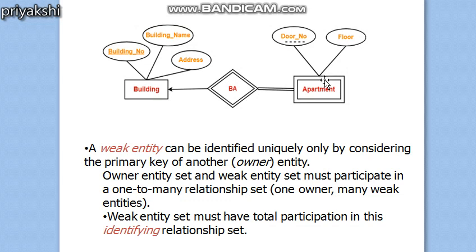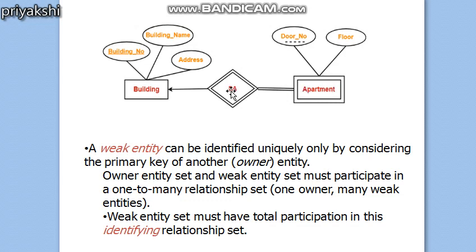The weak entity, apartment, is represented in the form of a double rectangle. So always remember that a strong entity is represented in the form of a single rectangle, and a weak entity is represented in the form of a double rectangle. Now if you see the ER diagram, we can see that there is one strong entity, building, and the other weak entity, apartment, related to each other through the relationship has.